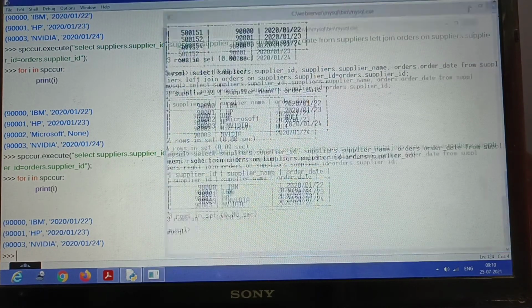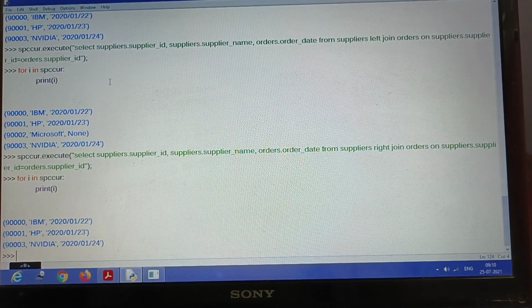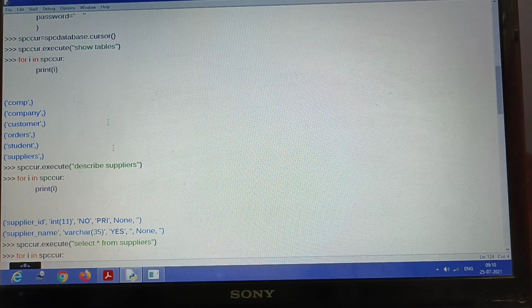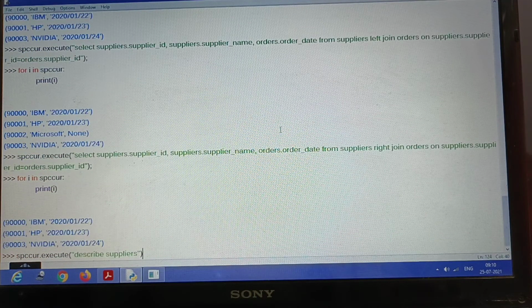Okay, let us take a simple thing. Here we don't require such a big execute, so I can erase it quickly. Insert into orders table, isn't it? Values.